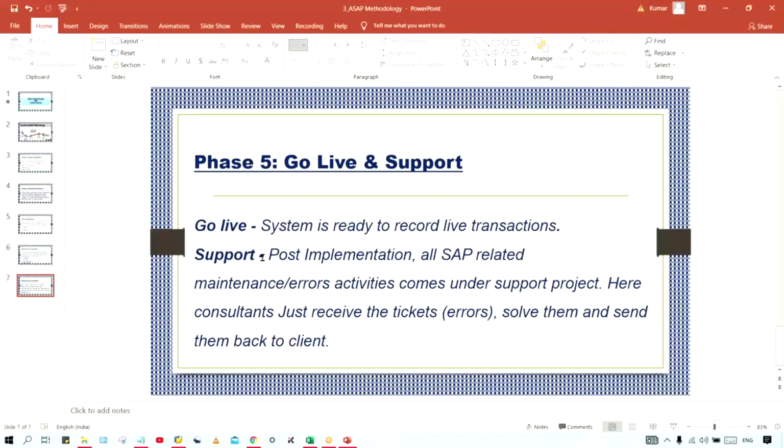For the client also it is quite easy. Why? Because they are very familiar with all these consultants. For the last 8-9 months these people have been interacting with the client, so there is a personal acquaintance also, guys, between the consultant and client. They are very comfortable, and the consultants also know the client very well: the business structure, the business process, and what exactly they have done, what configurations they have done, right?